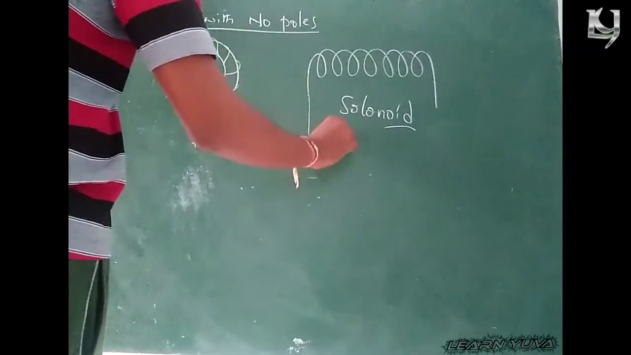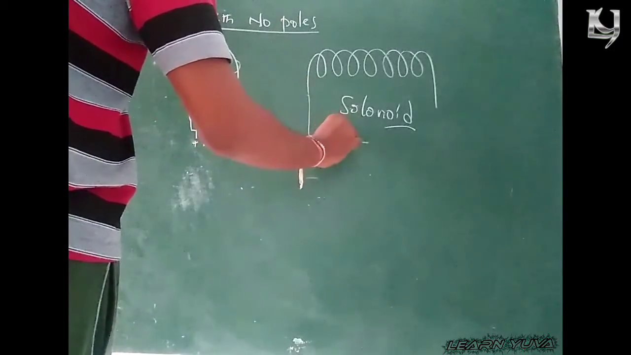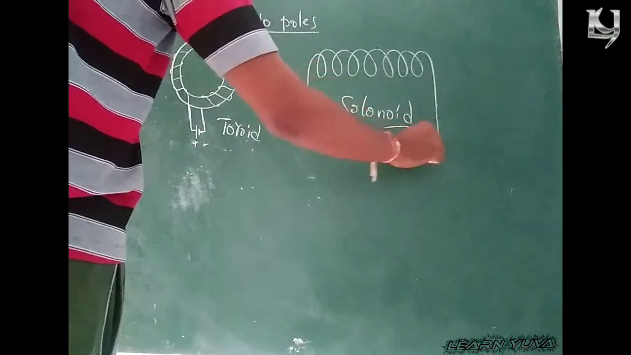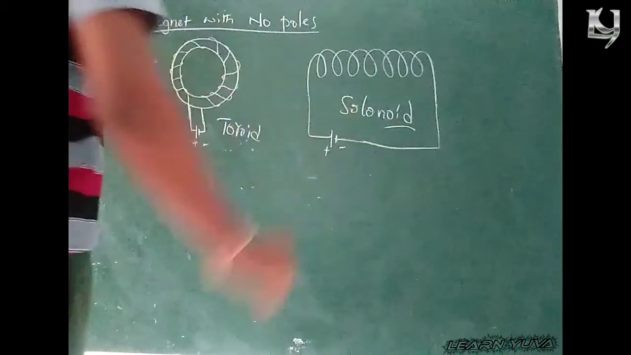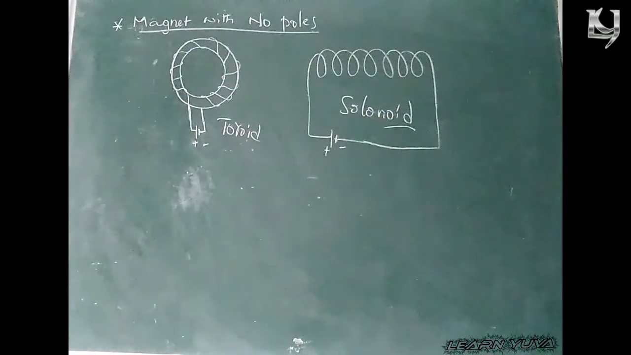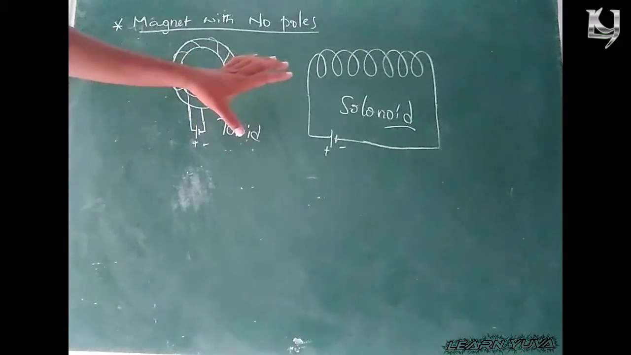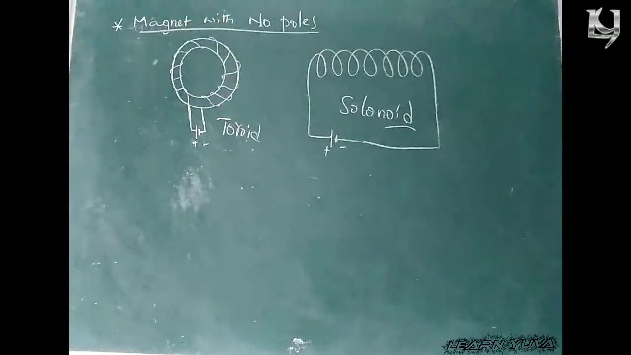Here also, these act as magnets only when we give the DC supply. Clear? That means some power, DC power. Then only these act as a magnet. Otherwise, these are not magnets. Clear? Next,